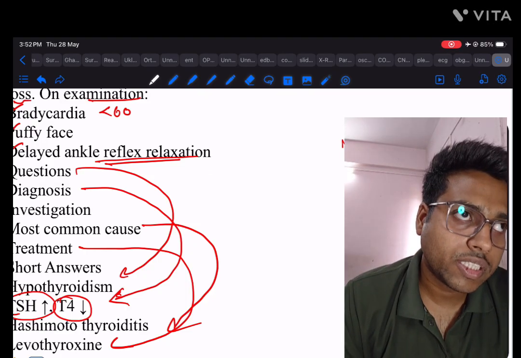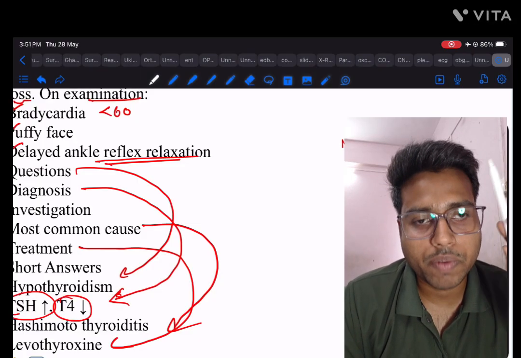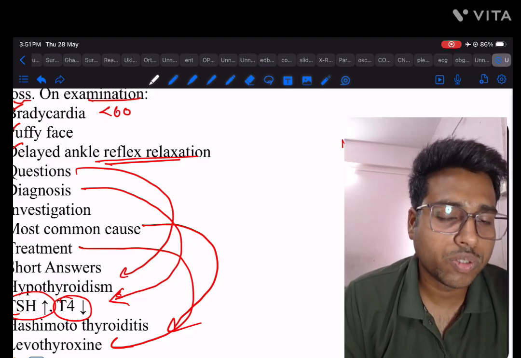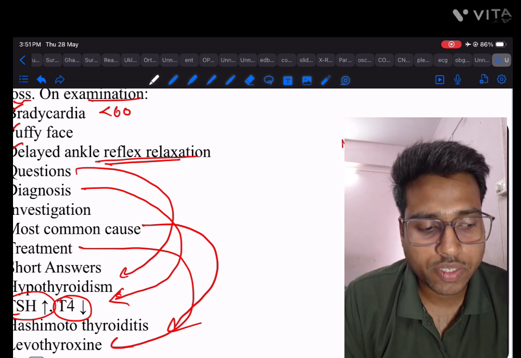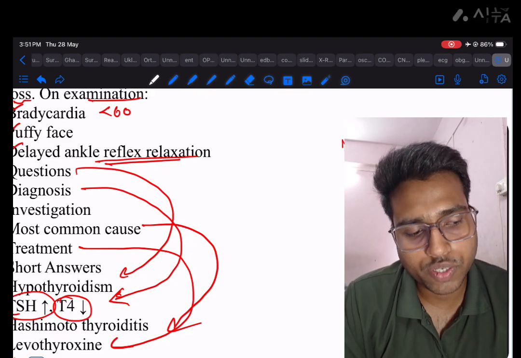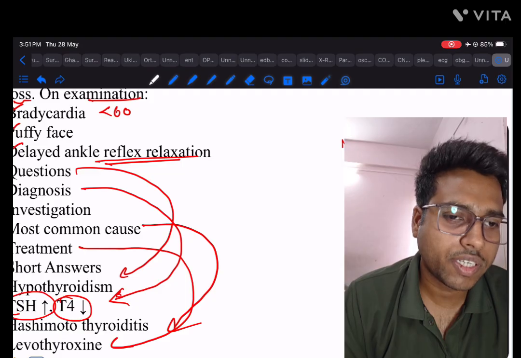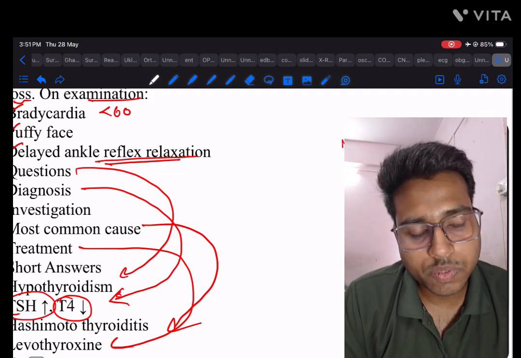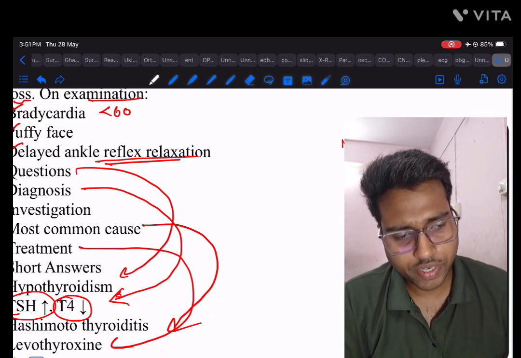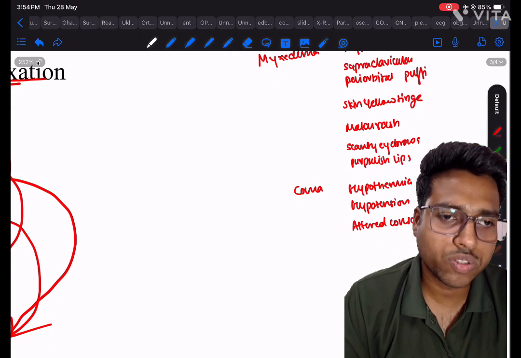If TSH is high and T4 is low, it means primary hypothyroidism. Okay, there are primary, secondary, and tertiary hypothyroidism. You can find this in the book. If there is primary hypothyroidism, we should check the anti-TPO antibodies, the thyroid peroxidase antibodies. If present, it is Hashimoto's thyroiditis. You have to give levothyroxine sodium. Its dose depends on the age, weight, severity, pregnancy, and all. If symptoms are absent, find the other causes. These are the basic things you can find in the book. Most of the treatment is levothyroxine sodium. You have to give the thyroid hormones.